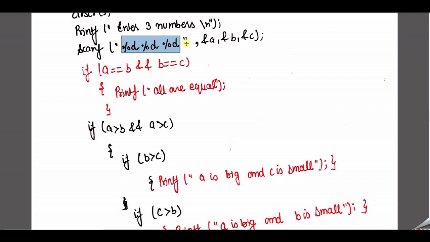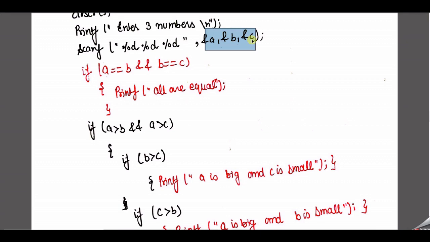So I felt that I need to give the exact location for each value. All three numbers entered by the user must be stored at a particular location. So with the help of %a, I say the first number entered by the user will be stored at address A in the memory. Similarly, store the second number at location B, and store the third number at location C in the memory.